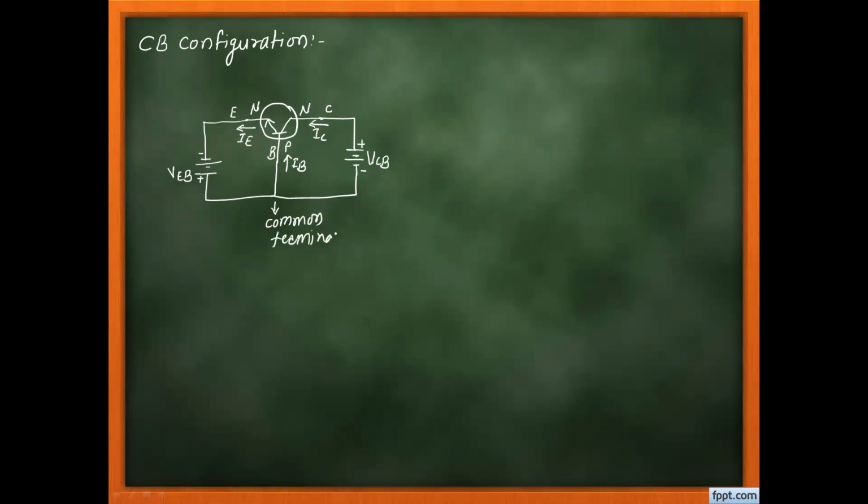Now this terminal, the base terminal, is the common terminal. Okay, so here we say that the emitter to base junction acts as the input circuit, and the collector to base acts as the output circuit. Get it, my point? Now try to remember the voltage between the emitter and base. Which terminals do we consider as the input terminals? I say the input terminals.